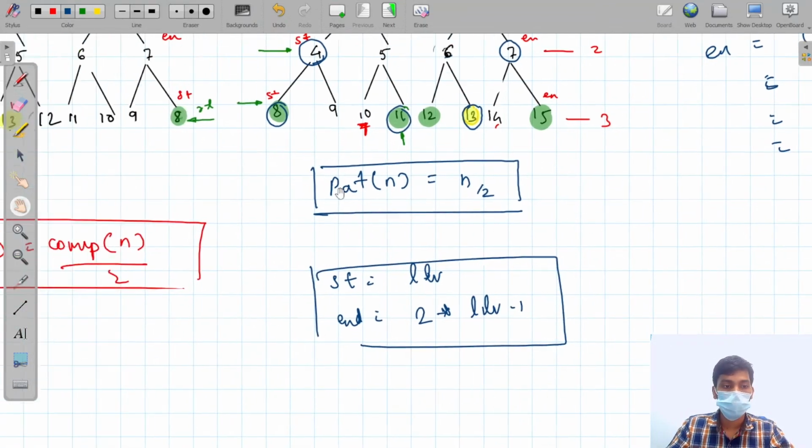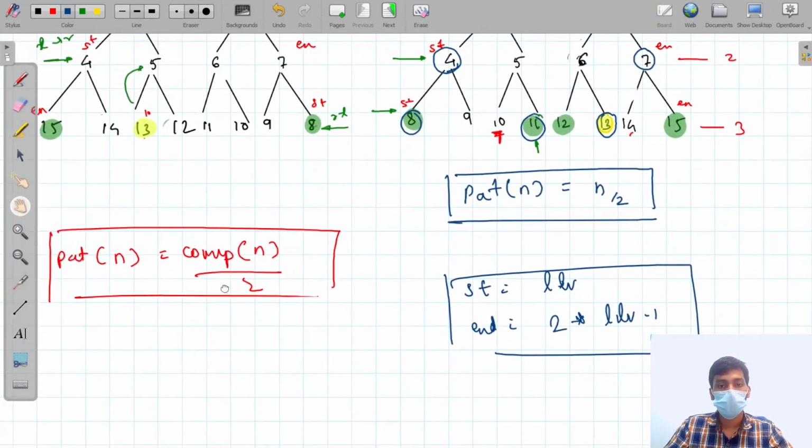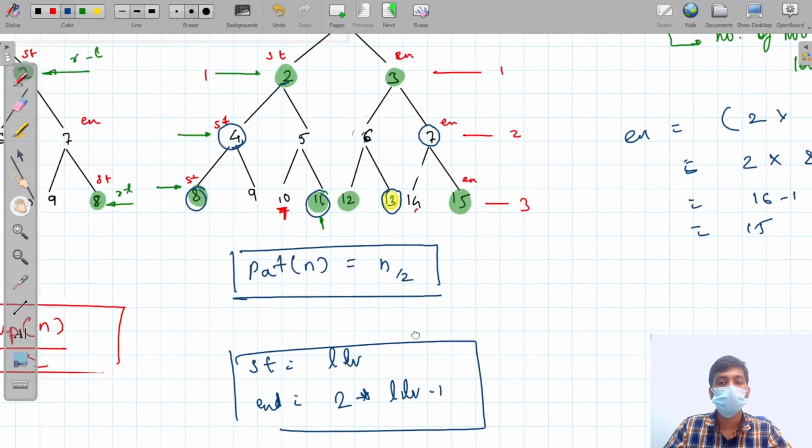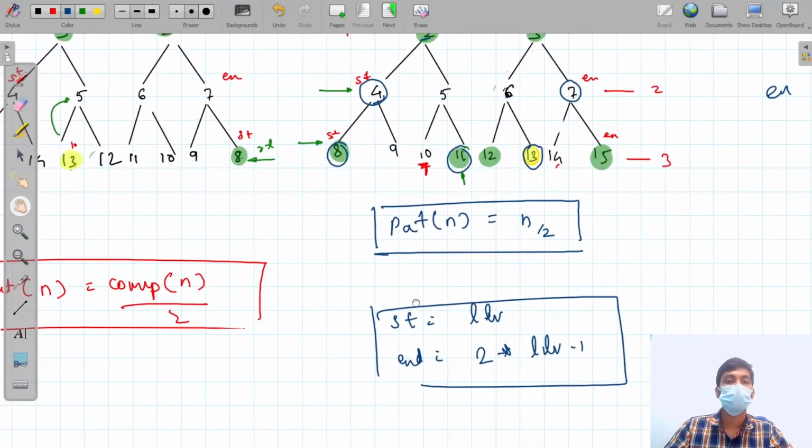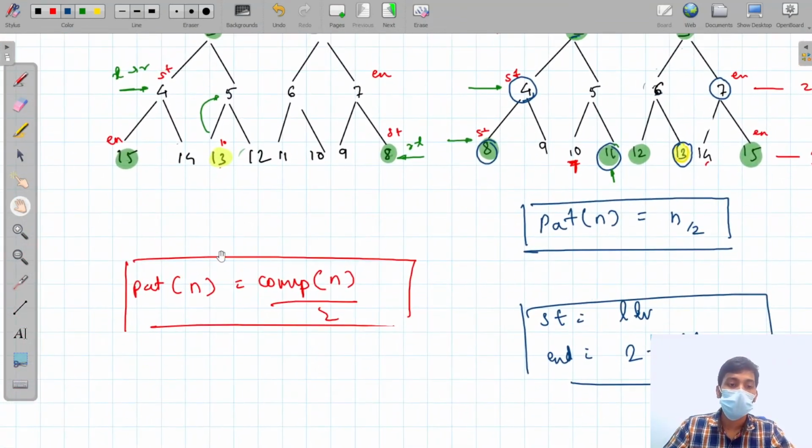Now, we have done all this work for what? For one simple reason, that is to find the complement. How to find the complement? Now I'll explain how to find the complement. If I am able to get the starting point and the ending point,